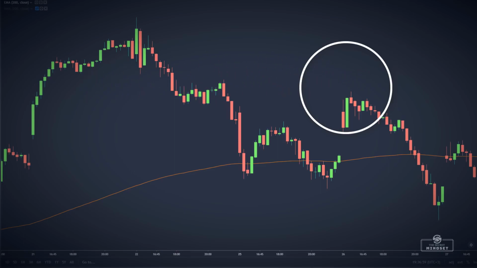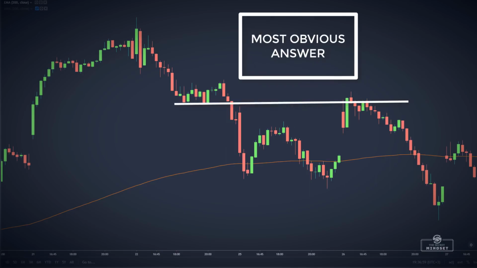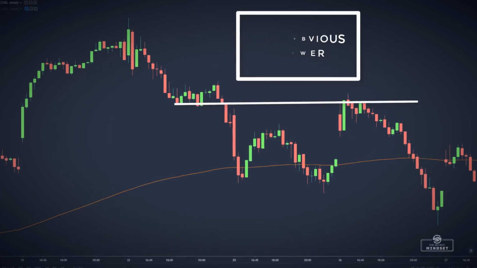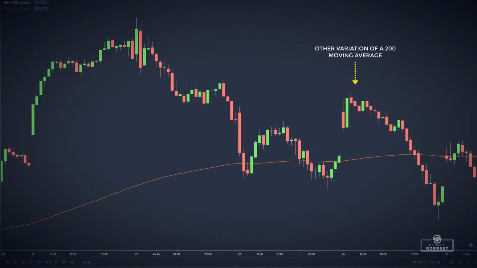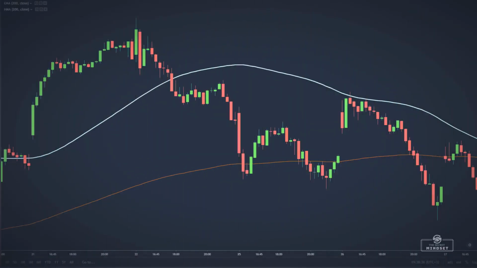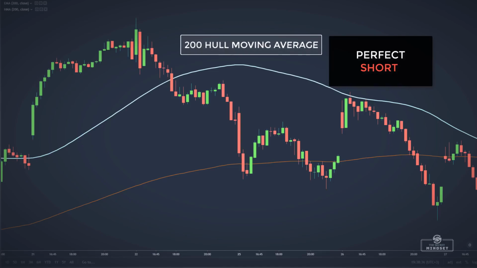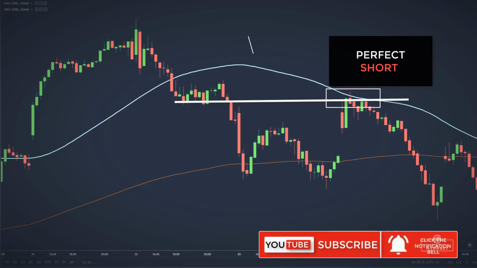way? You could say that this is an area of resistance from the previous swing, and you would not be wrong. But there is also something else hiding around that area, and that's another variation of a 200 moving average, and more specifically the 200 Hull moving average. And here it is, a perfect short opportunity at an area of confluence with the previous swing and the 200